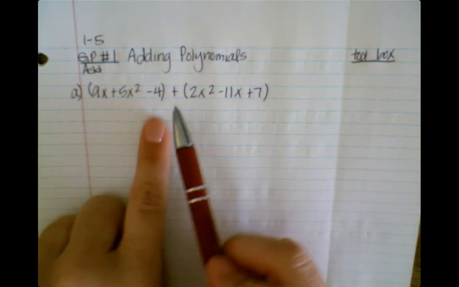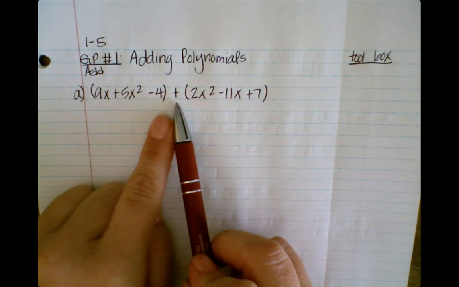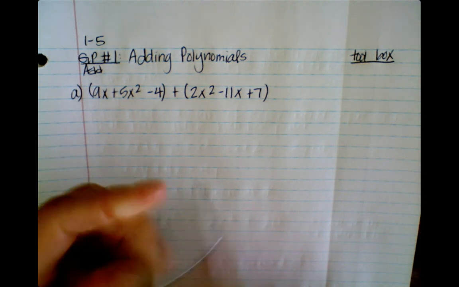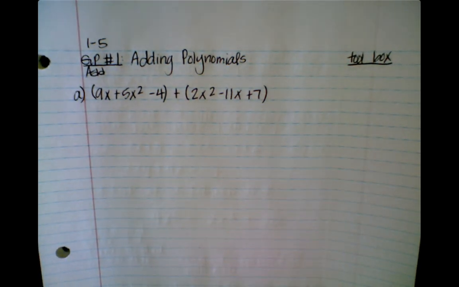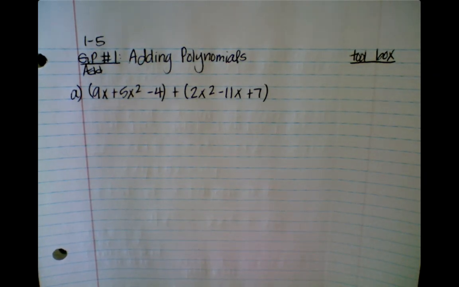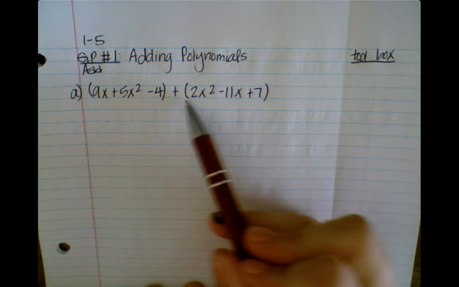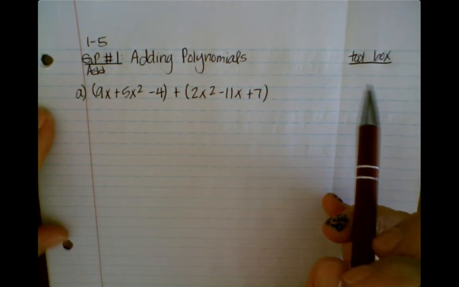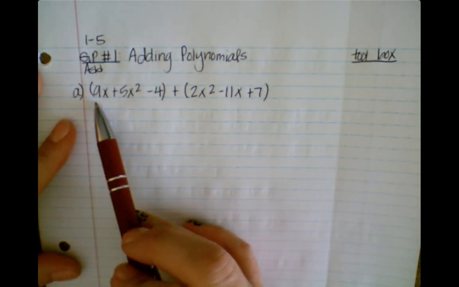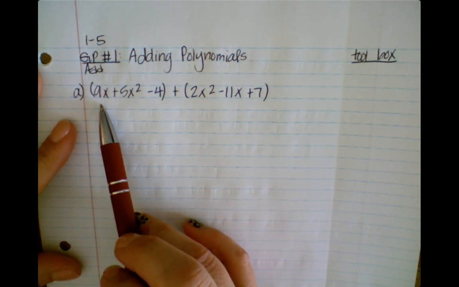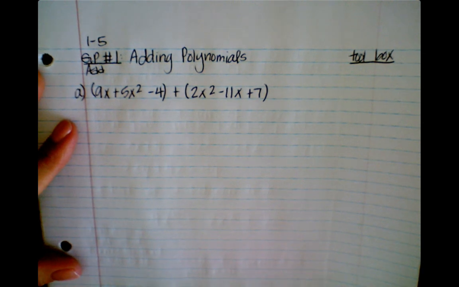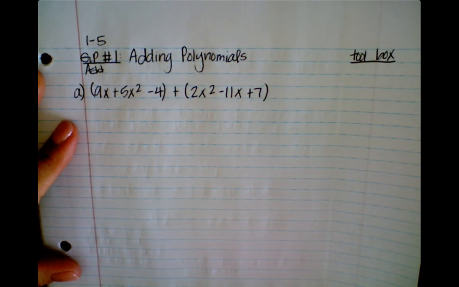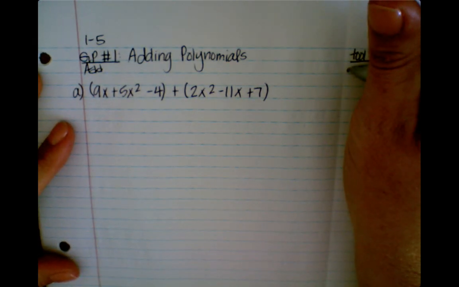Now, notice we have this addition symbol in front of the second set of parentheses. And typically speaking, when you have something written out in front of your parentheses, you distribute it. However, if you distribute a positive into the parentheses, that's not going to change any of our signs. So we're simply just combining the like terms from the first polynomial and the second. So the first thing I'm going to do is stack my like terms